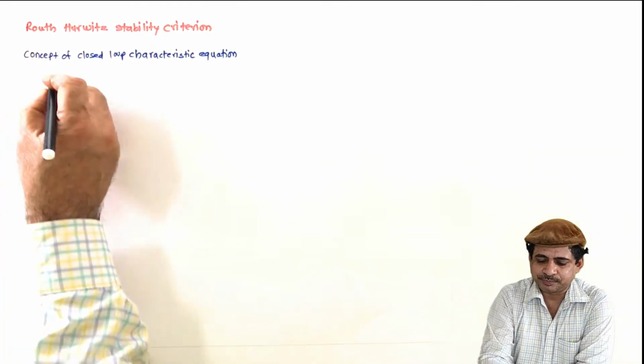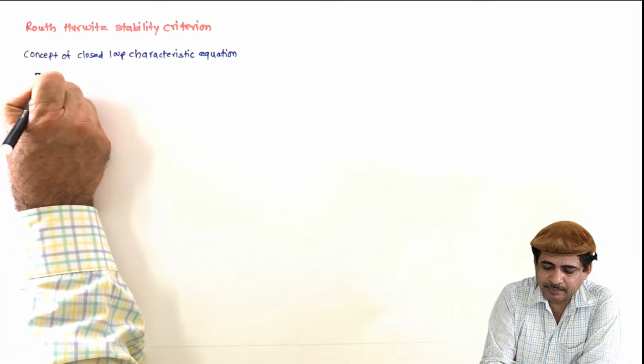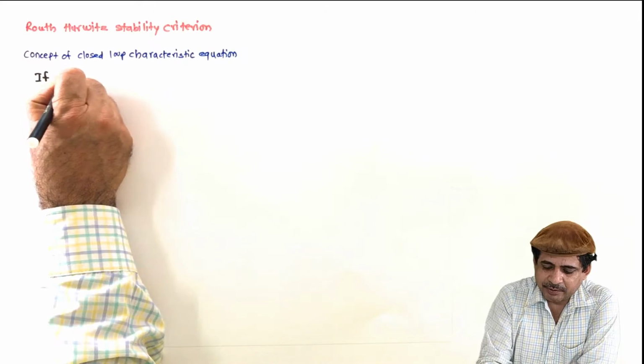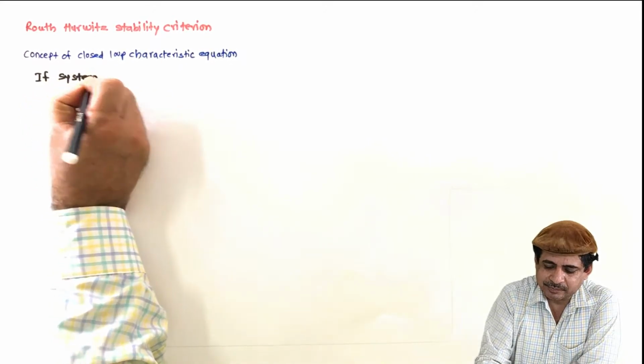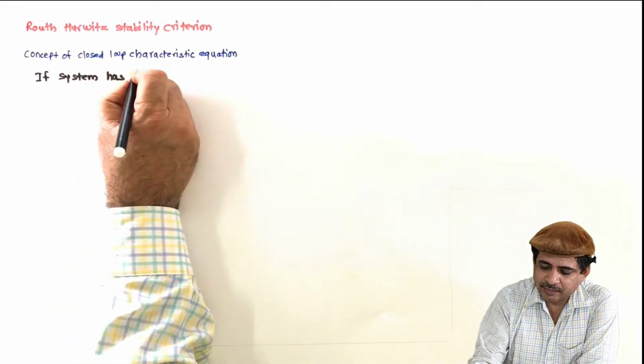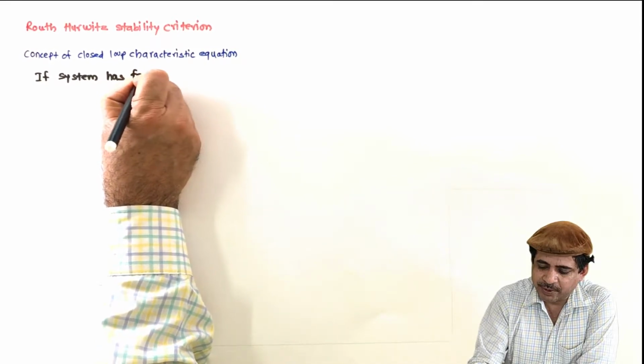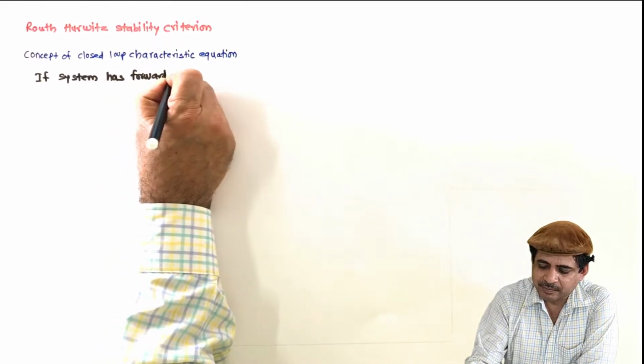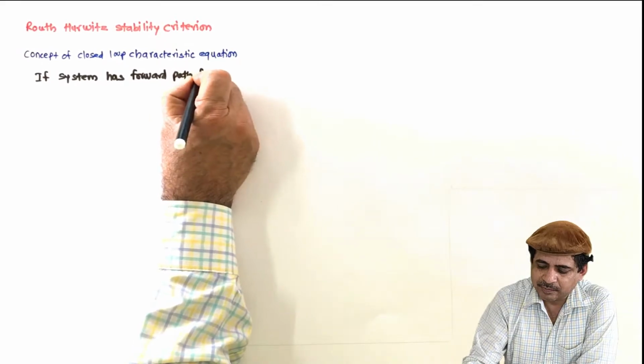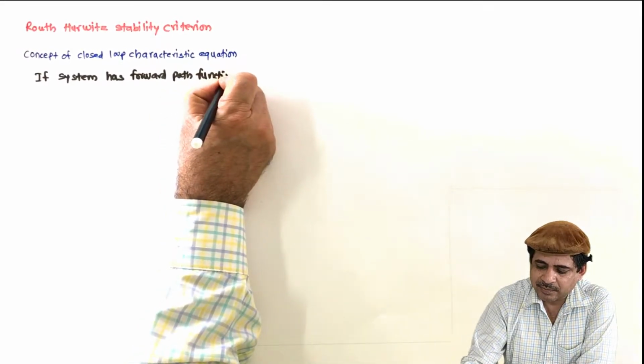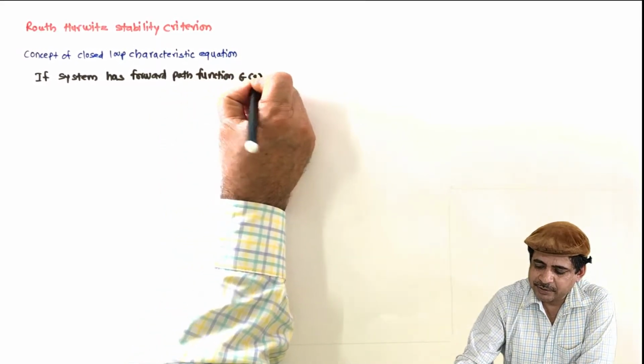So if the system has forward path function G(s)